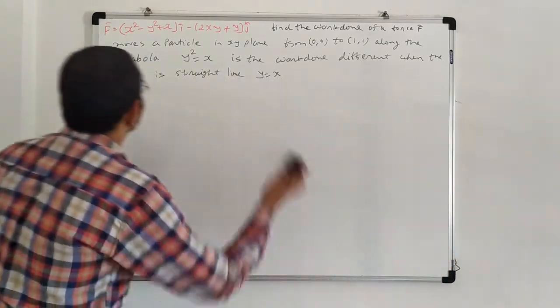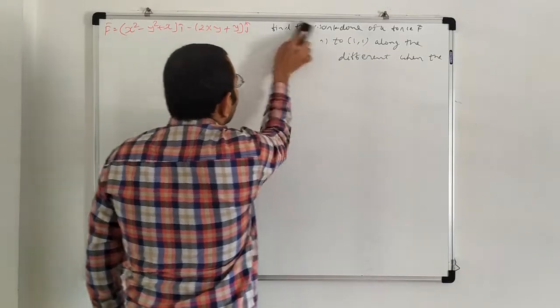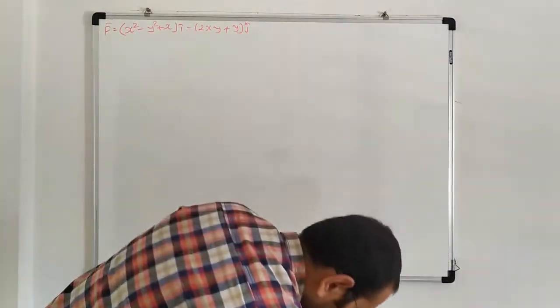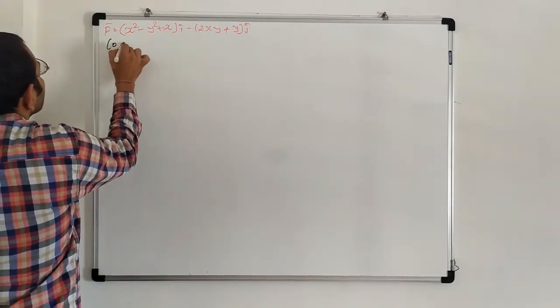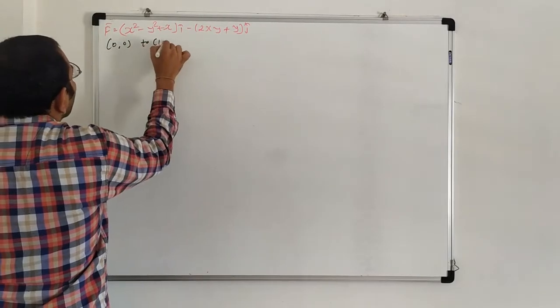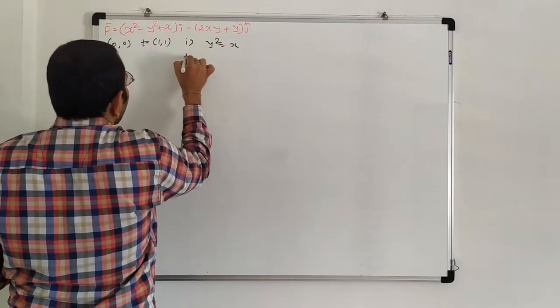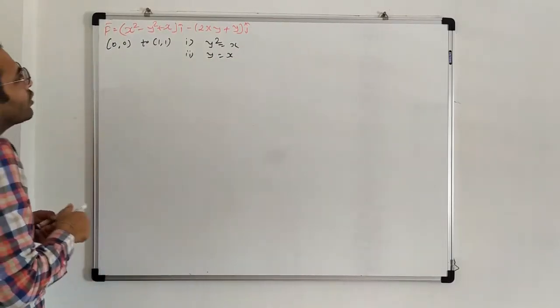In this example, we have the parabola y square equal to x and the points (0,0) to (1,1). First our requirement is (0,0) to (1,1), that is our point. The first path is y square equal to x and the second one is y equal to x. According to this,